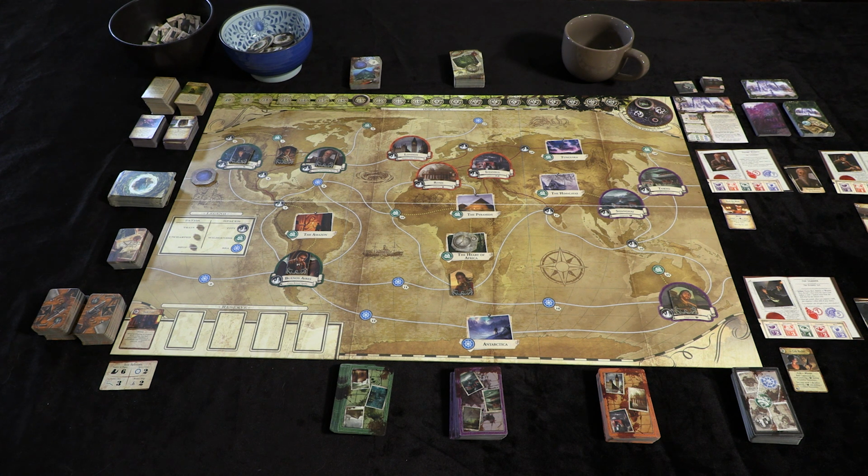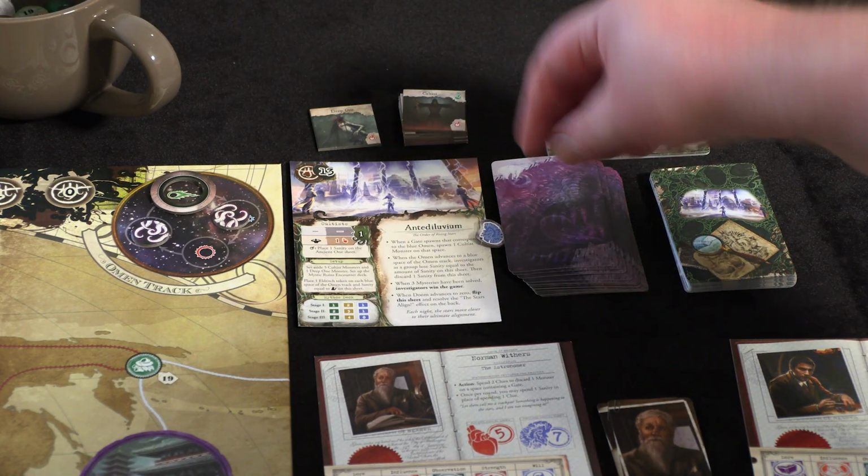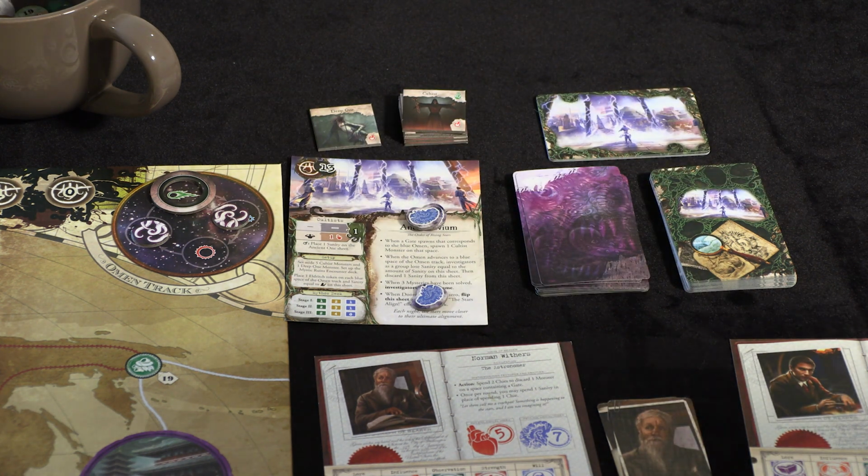Let's get into this. We're going to start really quickly, hopefully, because we did all the setup in the last video. There's just a couple of small things we need to do to kick off the game. And for one of them, we need to place 6 sanity on here. 1, 2, 3, 4,